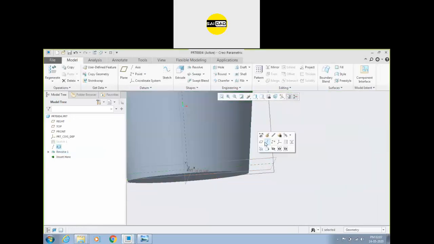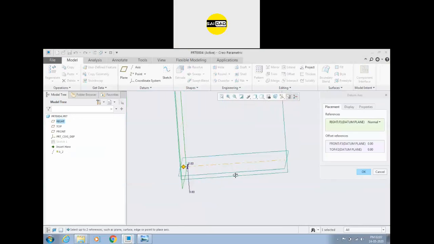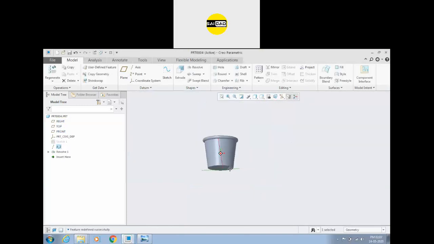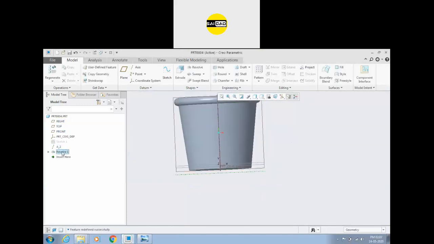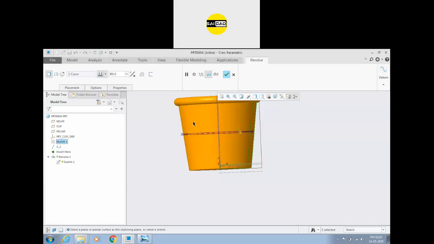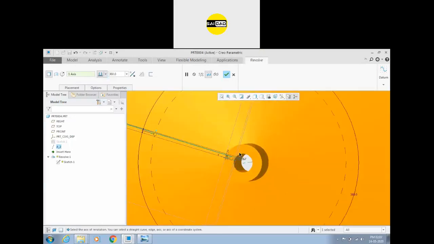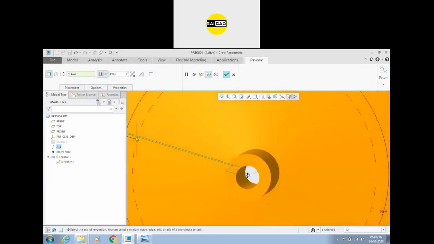Okay. So you have to go to the axis, edit and define some distance. I want to go to the downside. So this should be 0 and the downside should be 20. Okay. So now you can see, go to the revolve, edit and remove this curve and select the axis of revolution. So the object will be created like this. Okay, I have some gap between, so the hole is created.